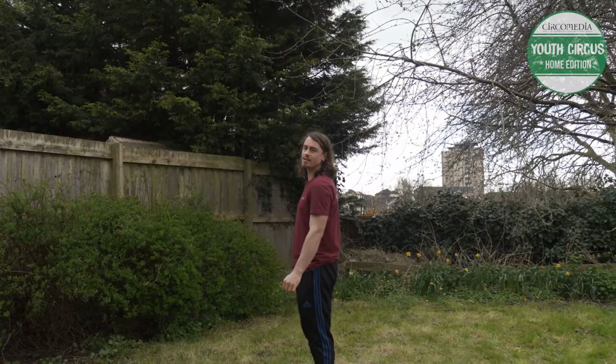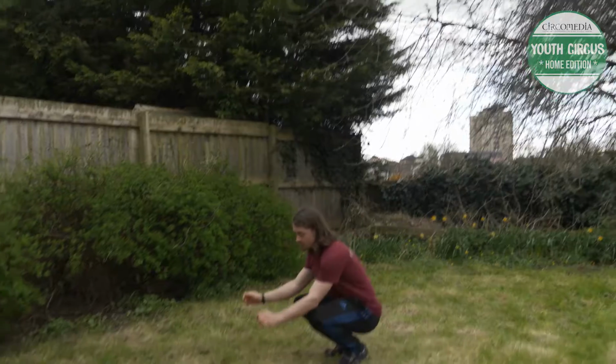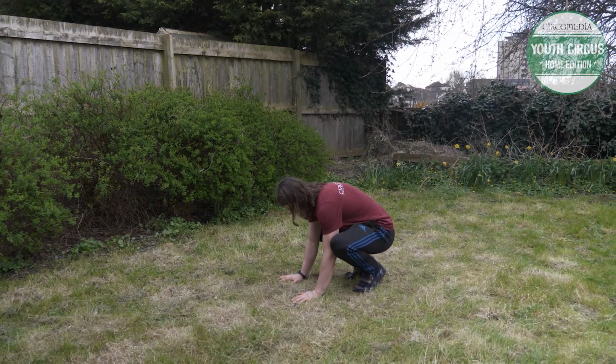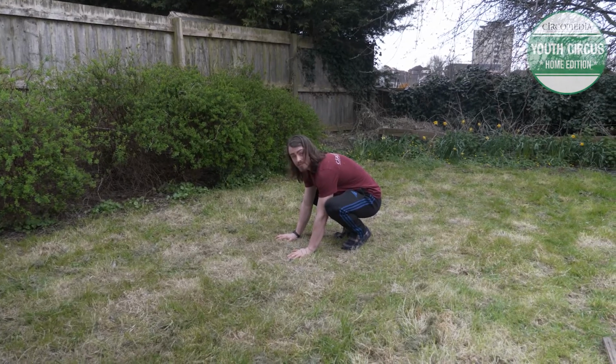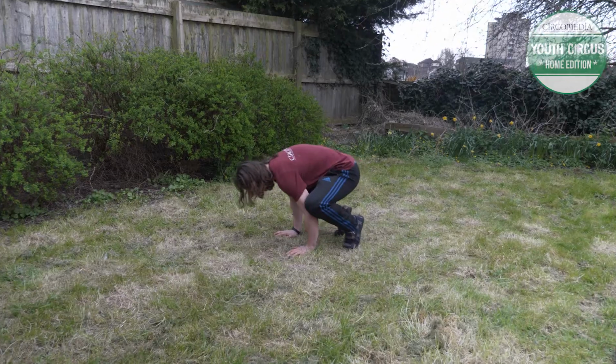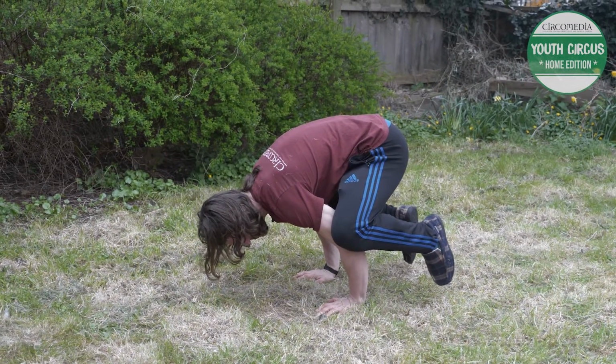So a variation on a way into headstand is from a move called crow, which comes from yoga, or I know it from yoga anyway. I'm going to place my hands about the same distance apart as I would for a headstand, but I'm going to put my knees on my elbows and then I'm going to rock my weight over onto my wrists,